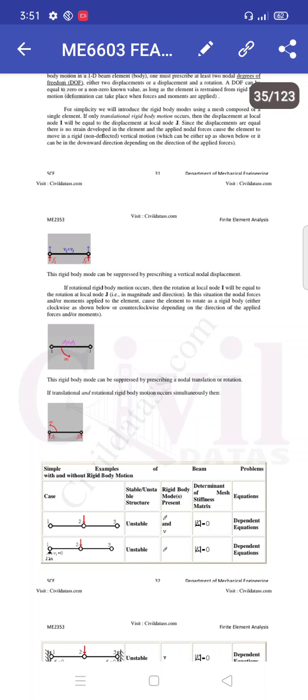The rigid body mode can be suppressed by prescribing a nodal translation or rotation. If translation and rotational rigid body motion occur simultaneously, then